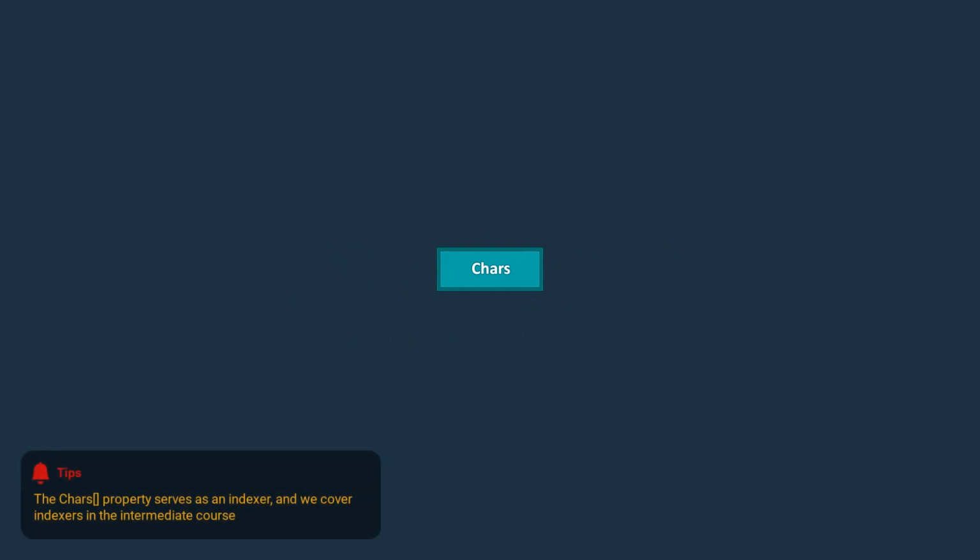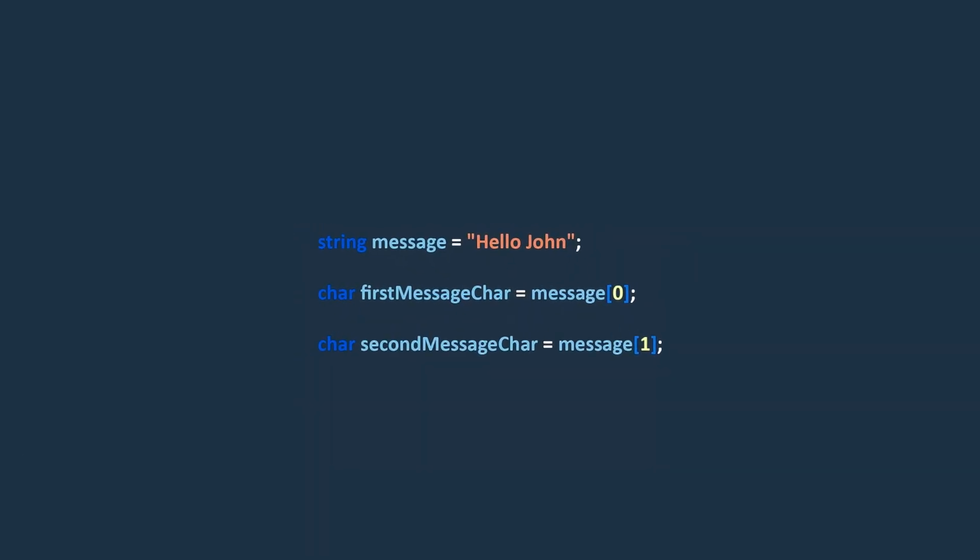Alright, now let's move on to the second property of the string class, which is chars. This property is used to retrieve the char object at a specified position in a string object. For example, here, we have a string variable called message with a value Hello John. We can retrieve the first and second characters of this variable by these statements.